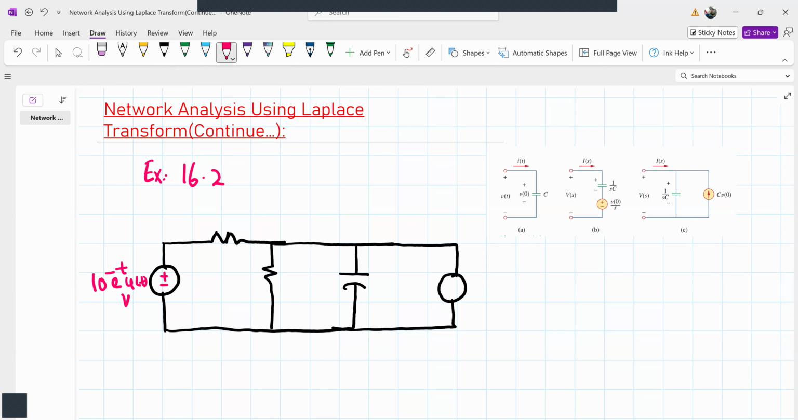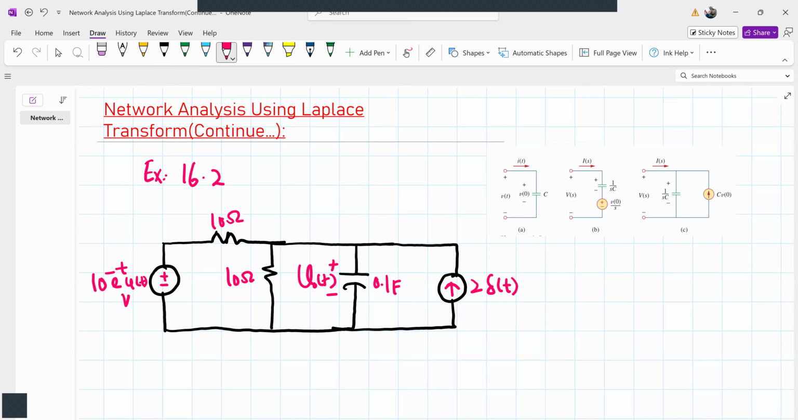10 e to the power of minus t u of t volts. Then we have a 10 ohm resistor. Then we have one more 10 ohm resistor here. We have a 0.1 farad capacitor here. And we have a 2 delta t current source here. And our goal is to find v naught of t, the voltage across this